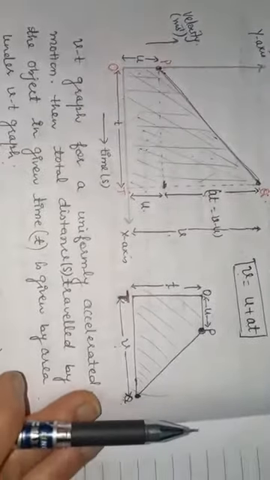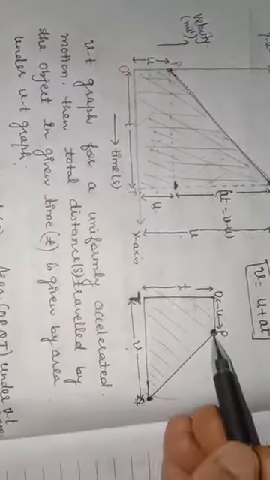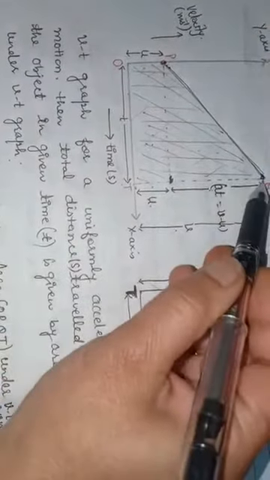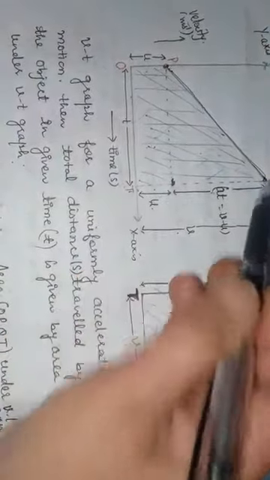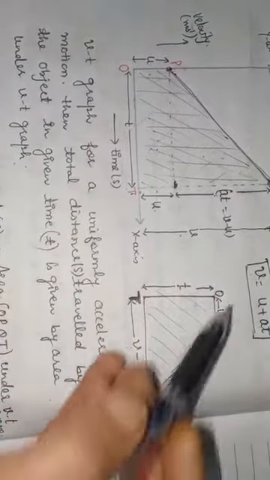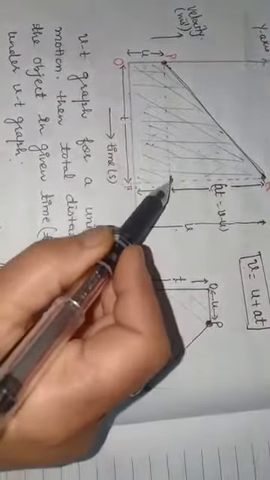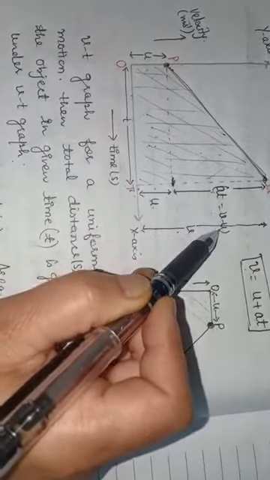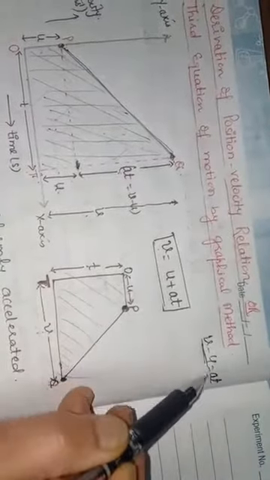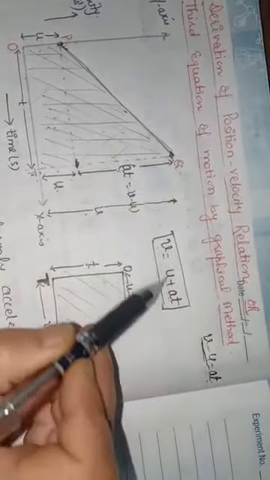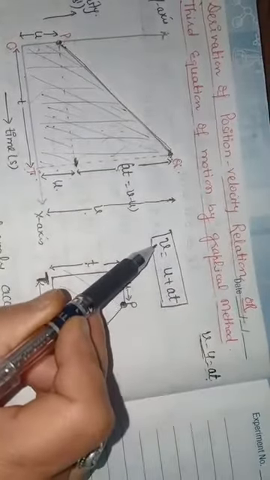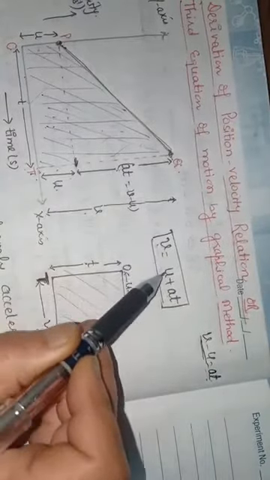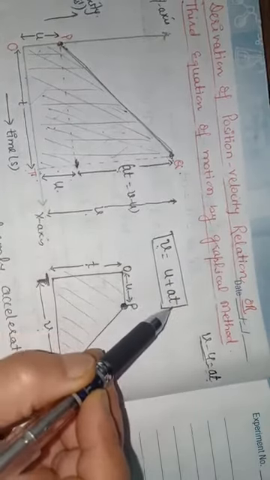Just look at this figure. This is the curve PQ and this is QT, the velocity, that is the final velocity. And how does it come? We know that this portion gives us the initial velocity, and this is the difference between initial and final velocity. If we use the first equation of motion, then we know that V minus U is equal to AT. And if we write another form of the first equation of motion, then the total final velocity of the object is equal to initial velocity plus acceleration into time.